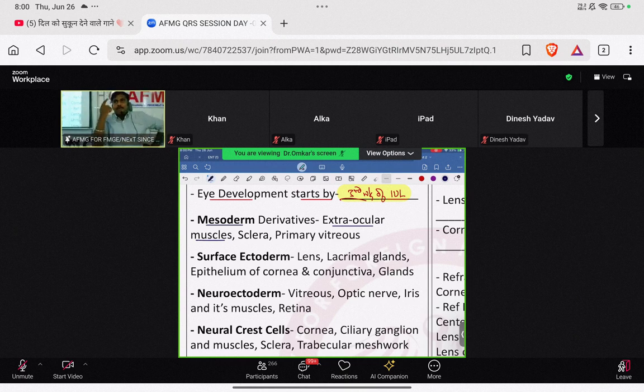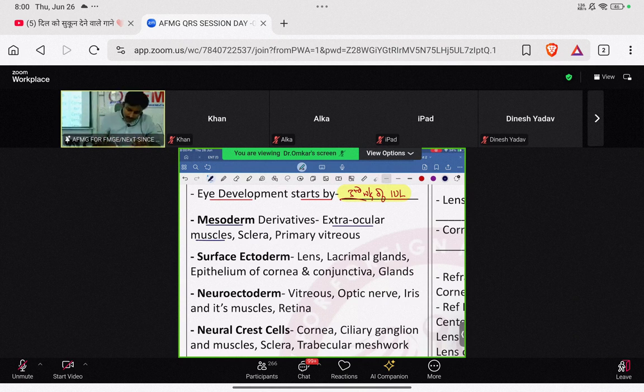One is levator palpebrae superioris, which is responsible for elevation of upper eyelid. Next, there are 4 rectus muscles, superior, inferior, medial and lateral rectus. Two oblique muscles, superior and inferior oblique. All the extraocular muscles are innervated or supplied by third cranial nerve known as oculomotor nerve, except LR6 SO4. Lateral rectus innervated by sixth cranial nerve known as abducens nerve. Superior oblique innervated by fourth cranial nerve known as trochlear nerve.